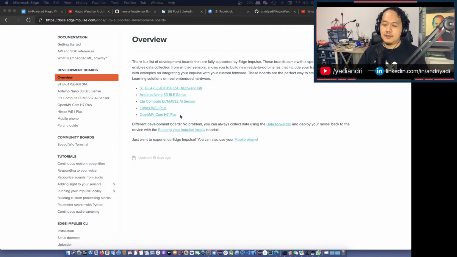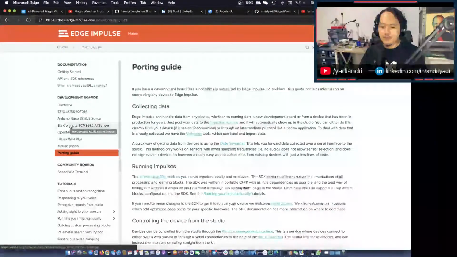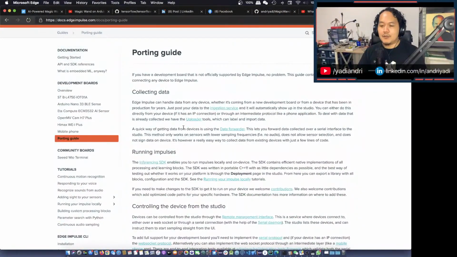This one is obviously important for object recognition or object classification, I mean visually using camera and everything. So these are the official boards that are supported by Edge Impulse right now. But if your board is not yet supported, you can port by yourself. Yeah. But it's not that easy actually, because